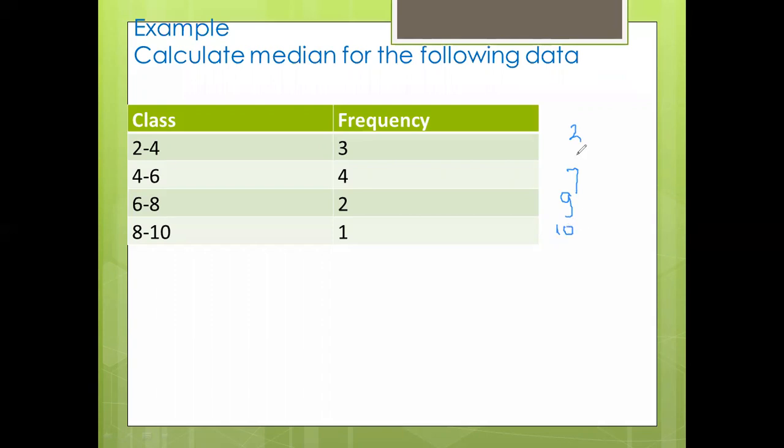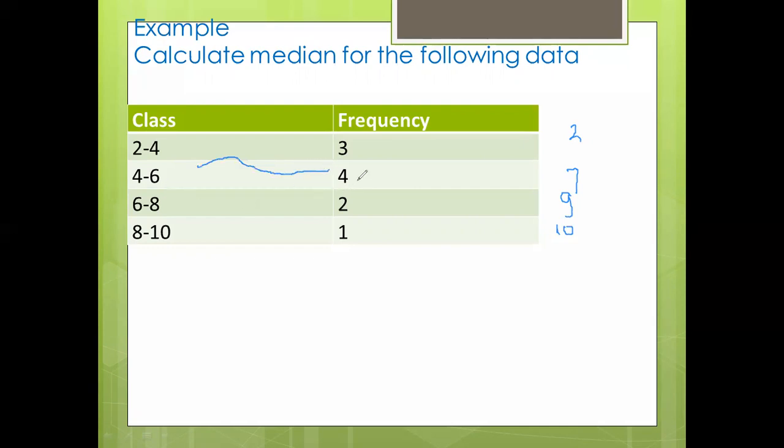So this is what? Cumulative frequency, CF. Okay. यहाँ पे कौन सा वैल्यू मिला है? N by 2 is what? Fifth one. Fifth is in between what? 2 to 7. तो 7 is the highest value. तो 7 का क्लास कौन सा है? 4 to 6. तो ये हुआ आपका median class.